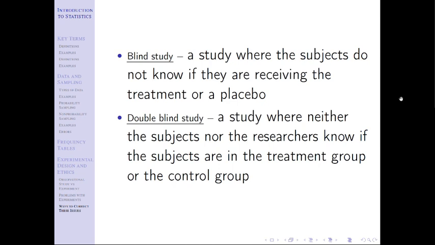So you have to go through all sorts of weird technological things, labeling and packages with codes on them, so no one really knows. That way the person giving the drug to the patient honestly doesn't know, and it's like, I don't know anything more than you, right? Maybe this helps you, maybe this doesn't, right? And that way we can get the best data possible.